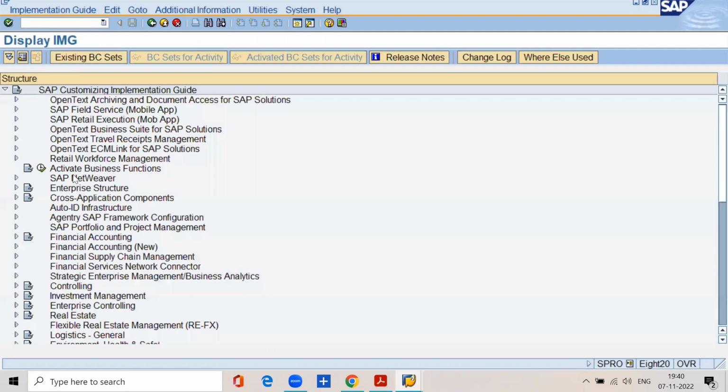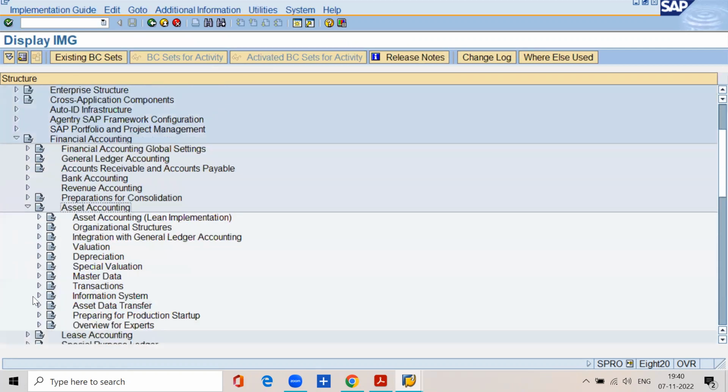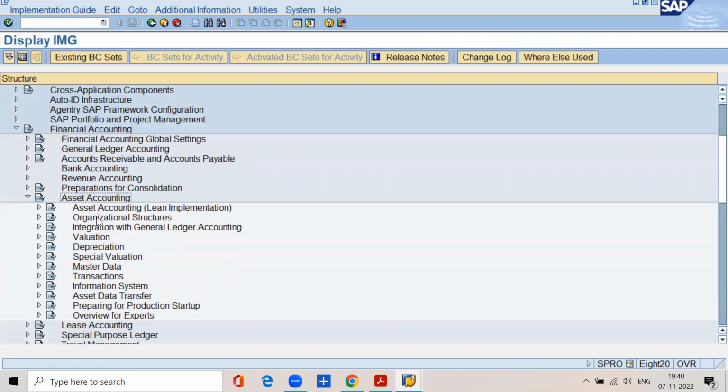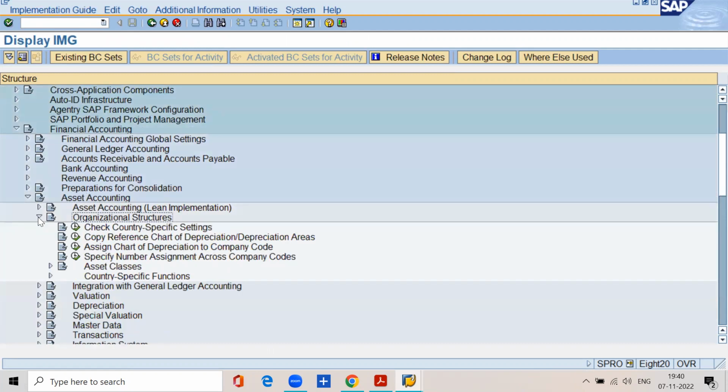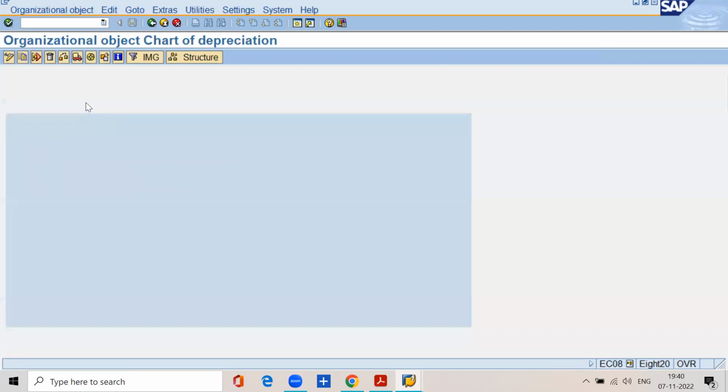Okay. SPRO, financial accounting, asset accounting, organization structures, copy reference chart of depreciation areas. Double click on copy reference chart of depreciation. If you double click on this, you get one blank screen here. Then go to menu,